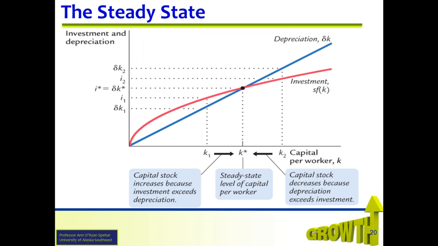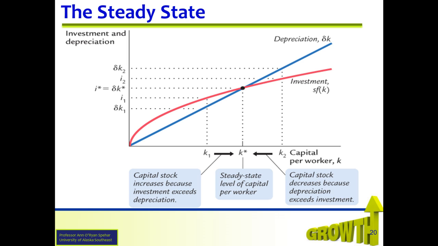Let's look more closely at the equation of motion and see what is meant by it. This figure shows us the investment and the depreciation for given levels of capital stock. Consider K1 on the x-axis. For this amount of capital stock, we can see what is the level of investment I and the level of depreciation delta K. The greater the capital stock K, the greater is output and investment, but also the greater the depreciation as well.